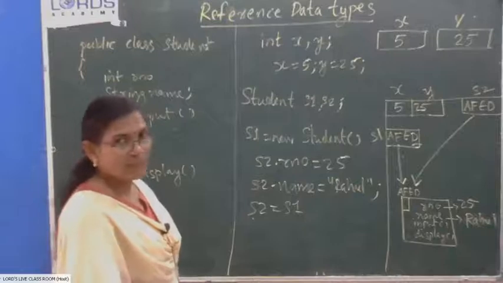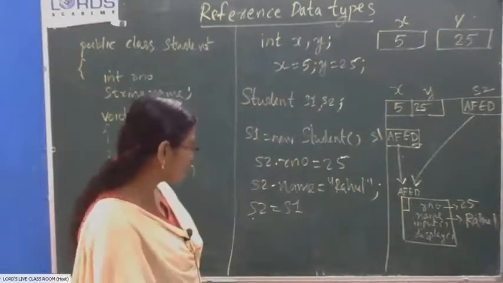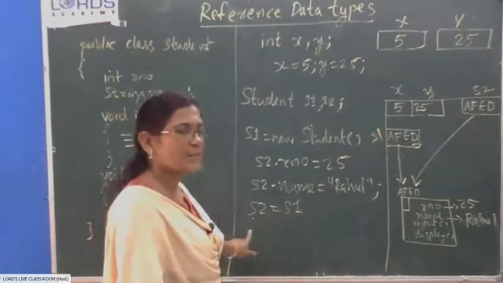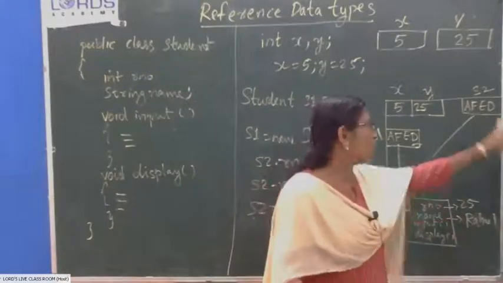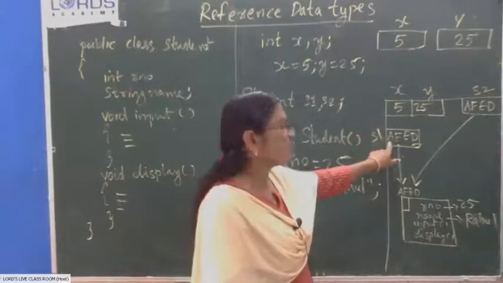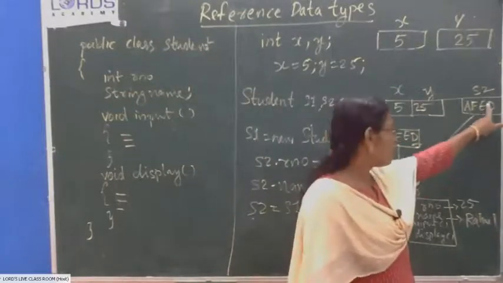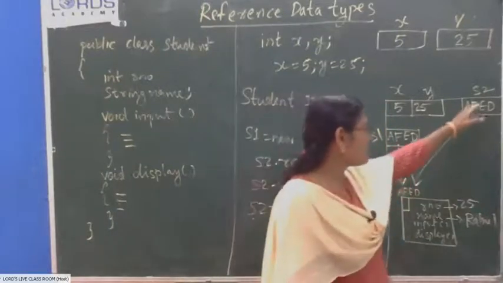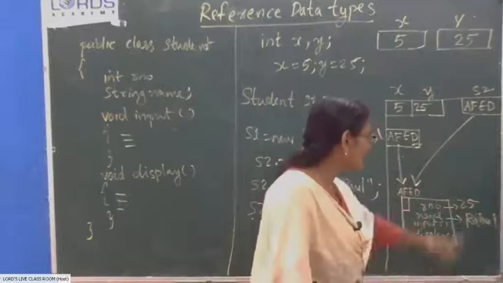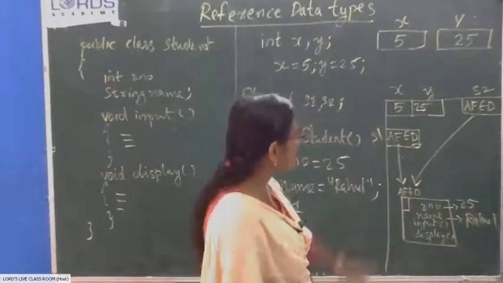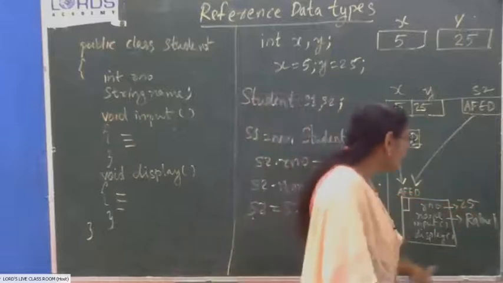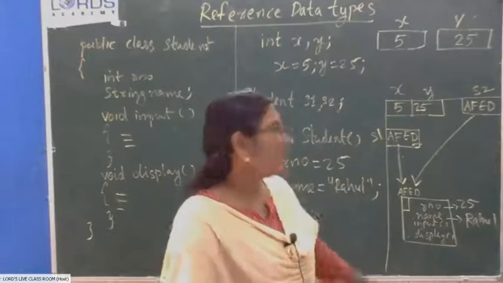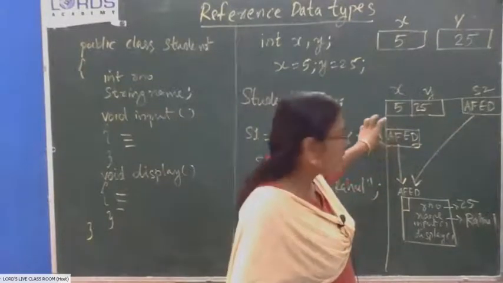When you assign a reference variable to another reference variable, S2 is also a pointer variable. With S2 equal to S1, the entire object is not copied to S2; only whatever is stored in S1, this address, is copied to S2. So now both are pointing to the same storage location in the memory. If you make any changes by using S2, it will affect the same storage location. If you make any changes with the help of S1, that also will make the changes in the same storage location. Okay, understood?